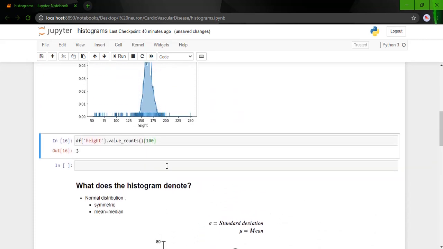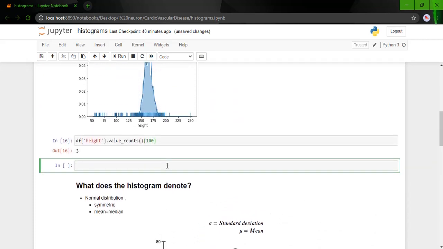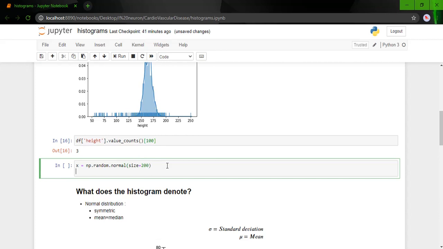So let us see how it actually looks. Let us make data that is actually normally distributed. This function helps you to get data which is normally distributed by default. It does select it randomly, but it makes sure that it is normally distributed. sns.distplot(x).